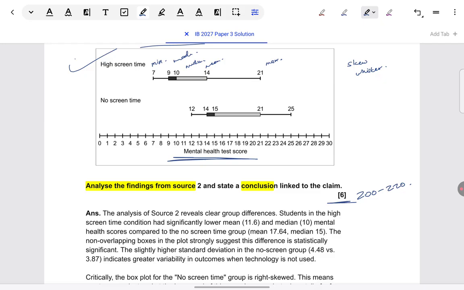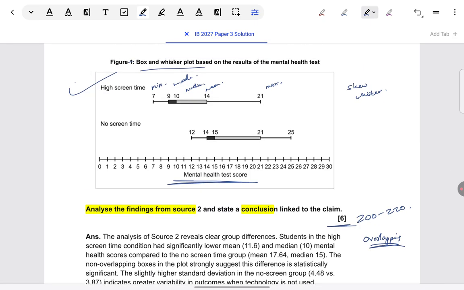Now, the first question that will come: should we include data from both the table and the box and whisker plot in the answer? See, the data is overlapping. What is on the table is also on the plot. So of course you will end up having all of the data, whether it is from the table or box and whisker. But like I said, what we see beyond what is on the table in the graph is the skew. And I'm sorry, I said whisker, I meant overlap.